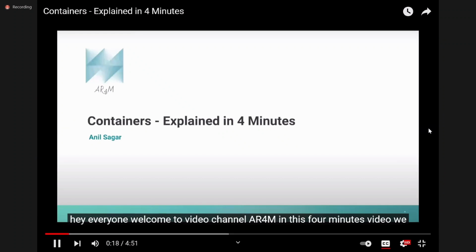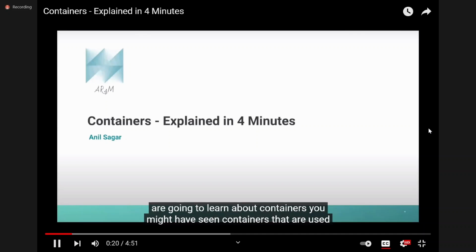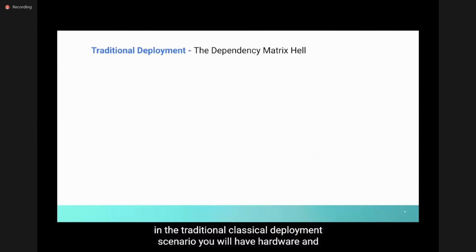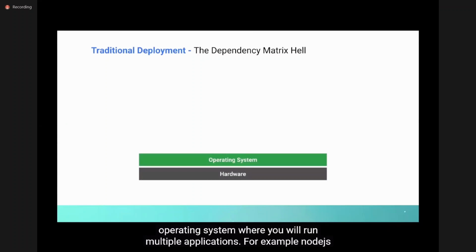In this 4 minute video, we're going to learn about containers. You might have seen containers that are used to ship various goods that are transported across the seas using large vessels. What about the code we write? How do you ship that particular code from one machine to another machine? That we're going to learn today in 4 minutes. In the traditional classical deployment scenario, you will have hardware and operating